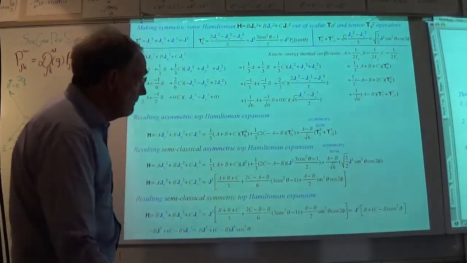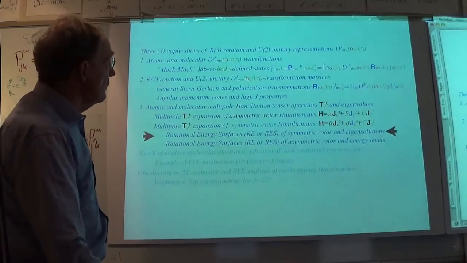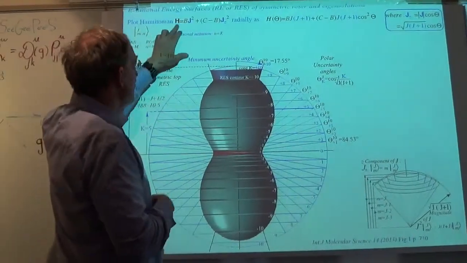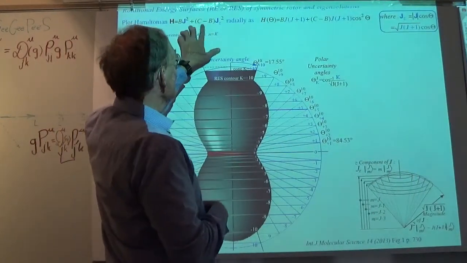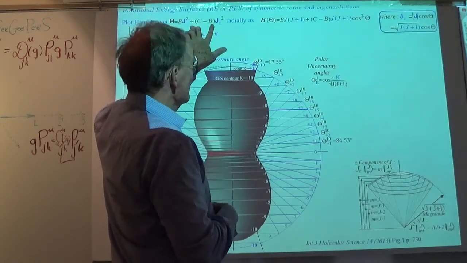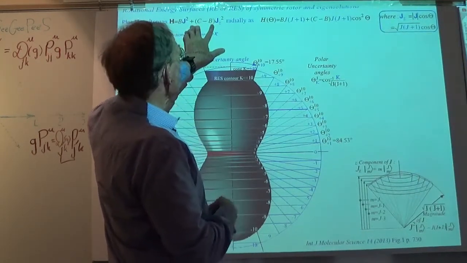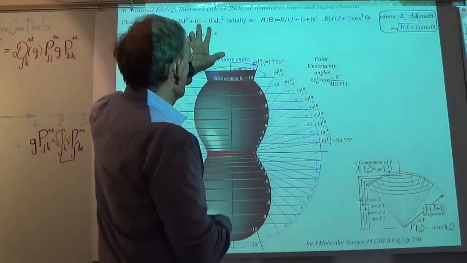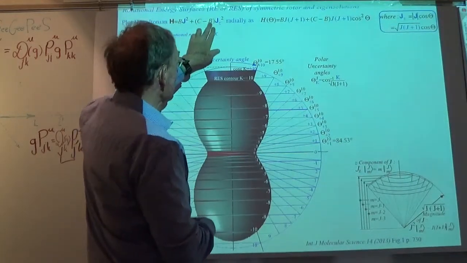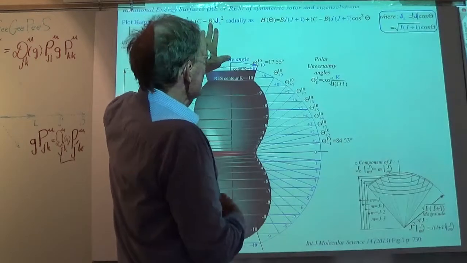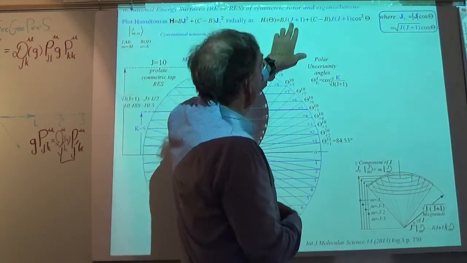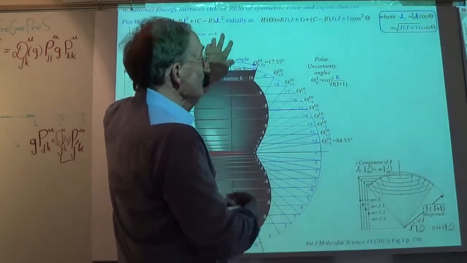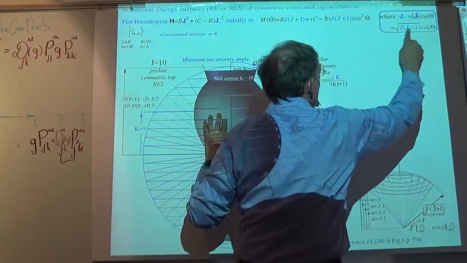Jz being J cosine theta. So, okay, let's look at something called the rotational energy surface. What I'm going to do is plot this Hamiltonian, B J squared plus (C minus B). I guess I left out what those were, but these are the inverse inertia associated with, first of all, the z-axis, and then B is x or y. They're both equal. So the eigenvalues for this, we already know, are J times J plus 1. And then for this Jz squared, you say Jz squared is a magnitude times cosine theta, and let the magnitude be